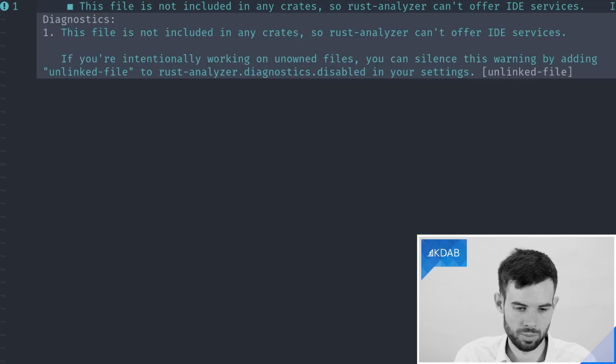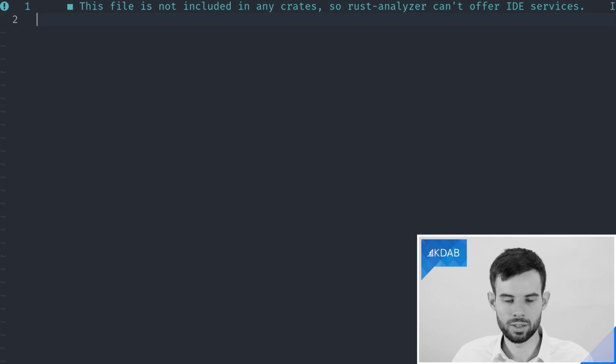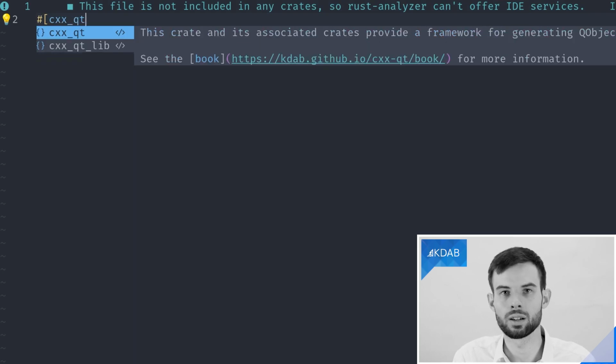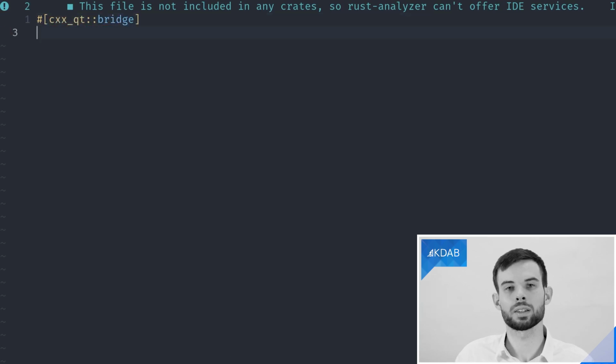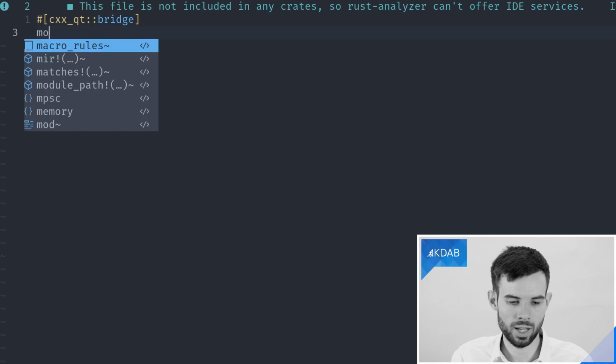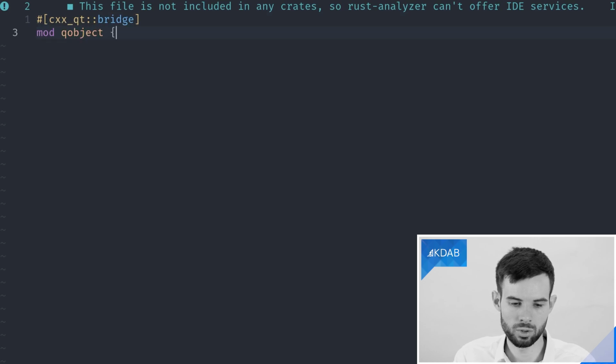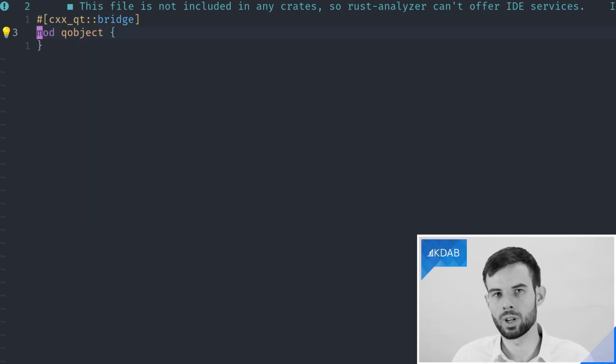It should then pick it up. Within this todo_list file, we can then start adding our CXX-Qt bridge. Like I said in the previous video, I really recommend you name this module qobject so that references to anything that lives inside this bridge are more obvious.